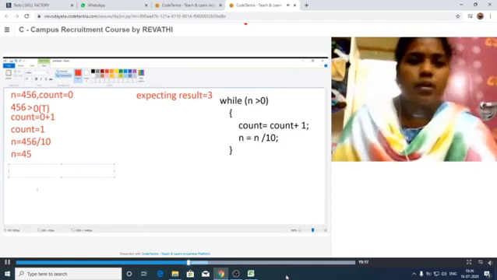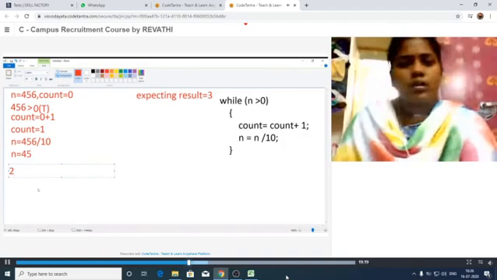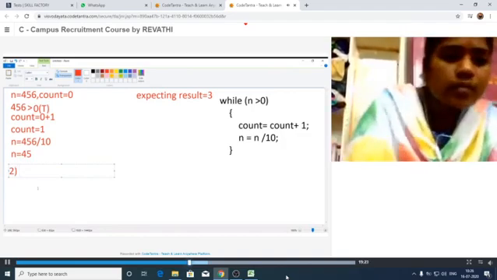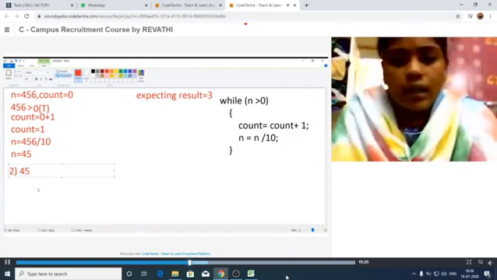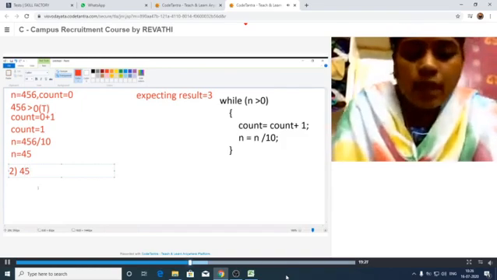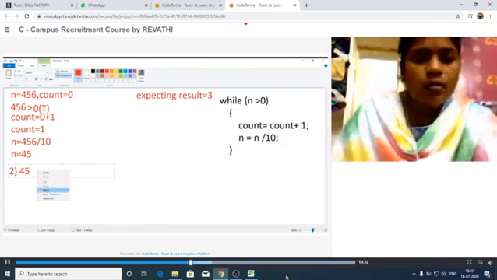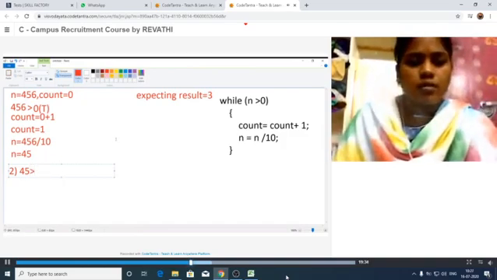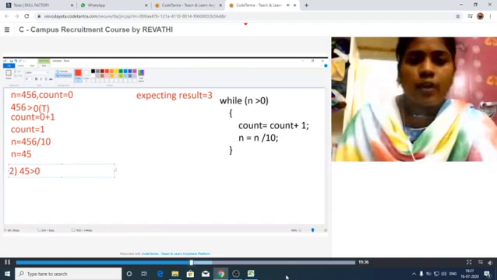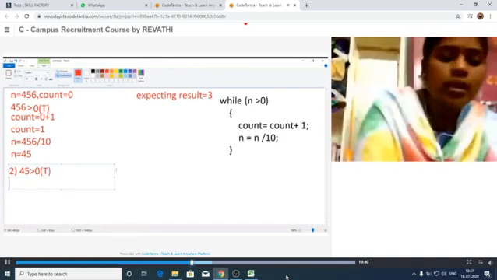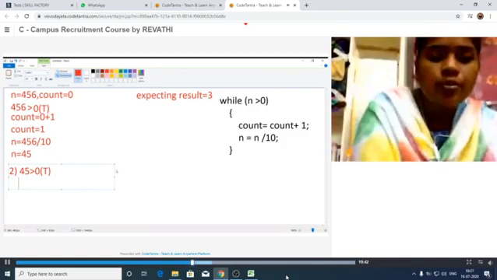What is the n value now? This is the second pass. N greater than 0, that means 45 is greater than 0. That means the condition is true. After that, we have to increment the count value.